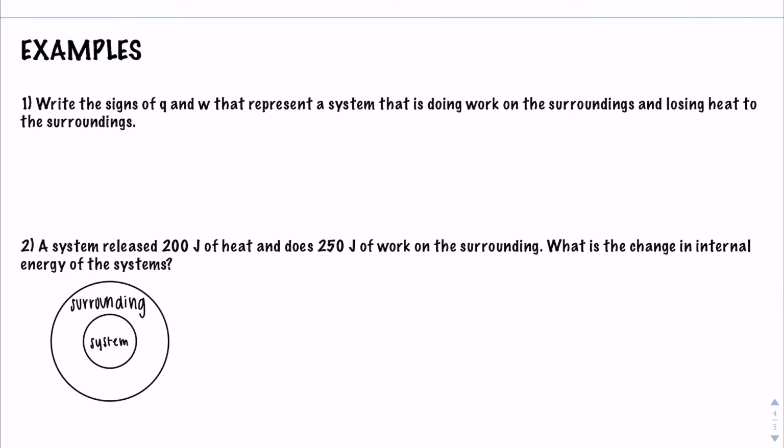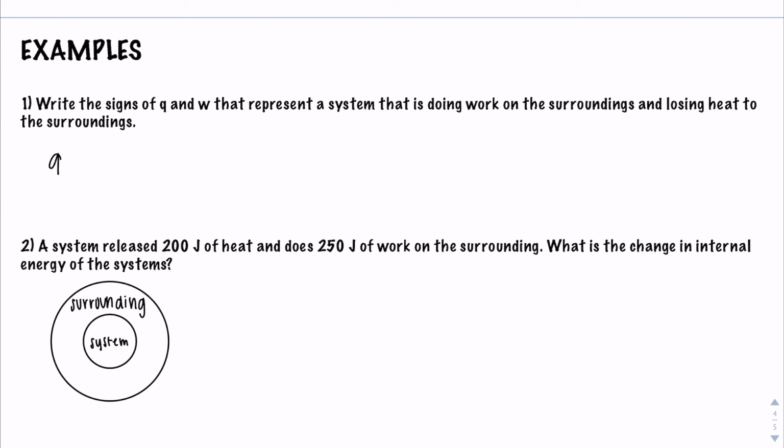Go ahead and pause this video so you can answer these questions on your own. Okay, after answering these questions, let's start with number 1. Write the sign of Q and W that represent a system that is doing work on the surroundings and losing heat to the surroundings. So for Q,